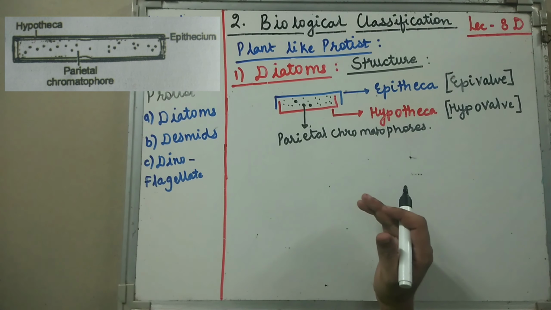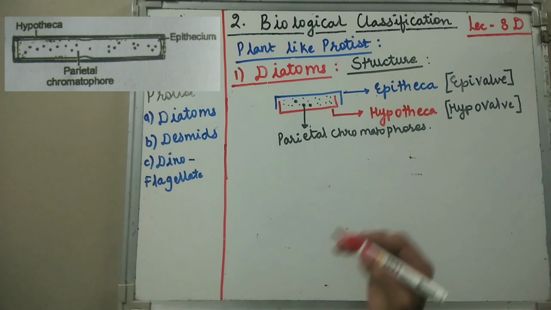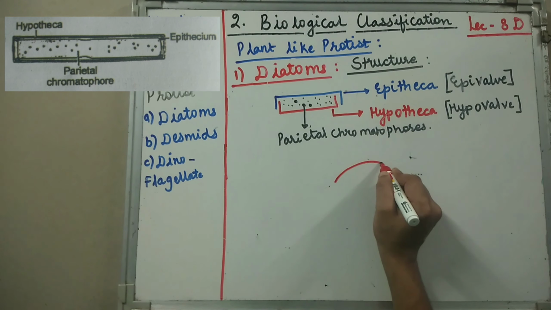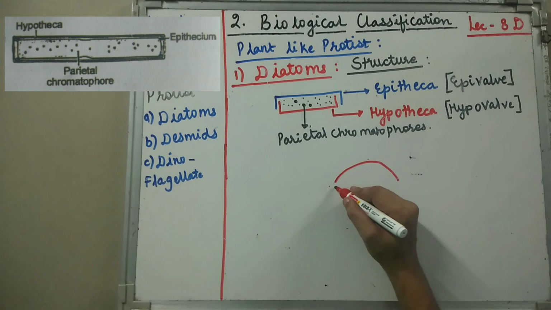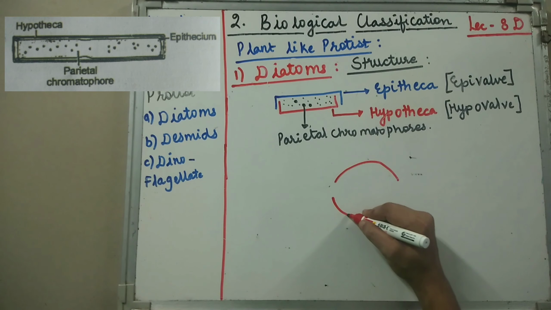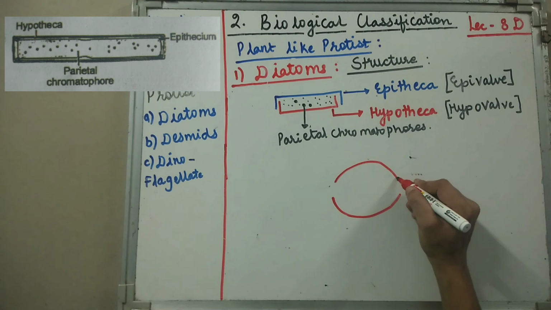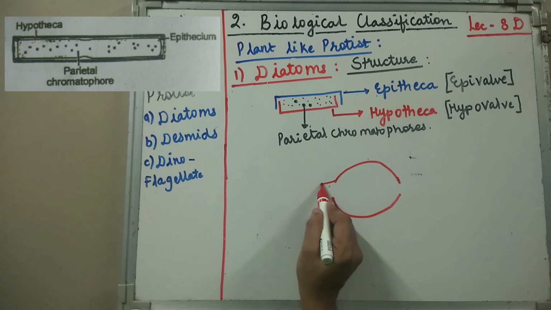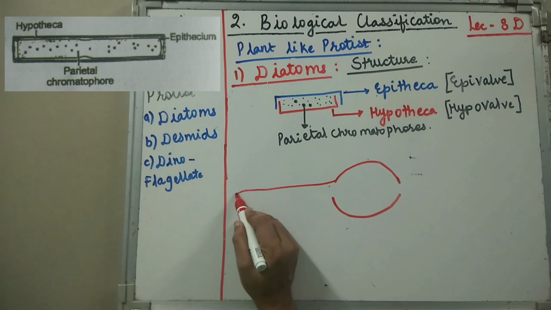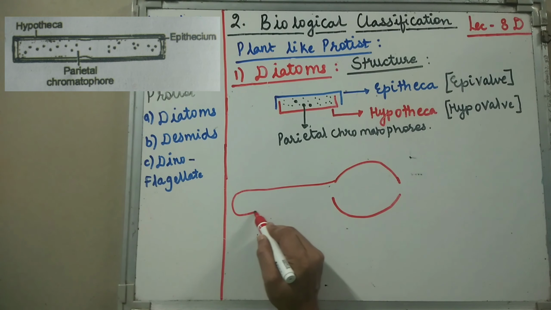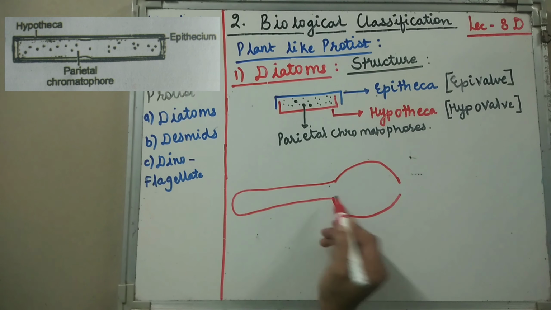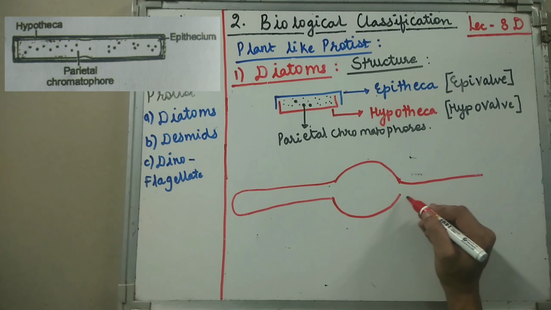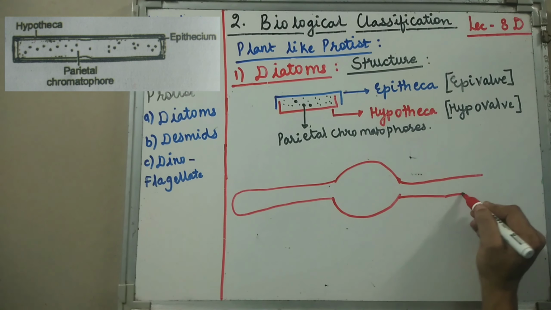Let us discuss one more diagram on the same lines. So let us now see one more structure of diatoms. So it could be a bulk structure which could be noted in a circular form, which might extend to both the direction in the U-shaped form or the tapering form. So just extending its arm towards both the side.